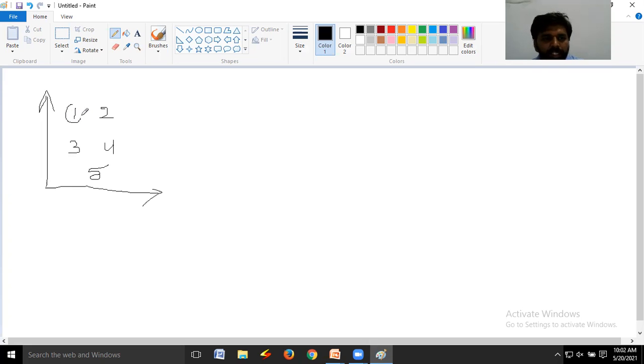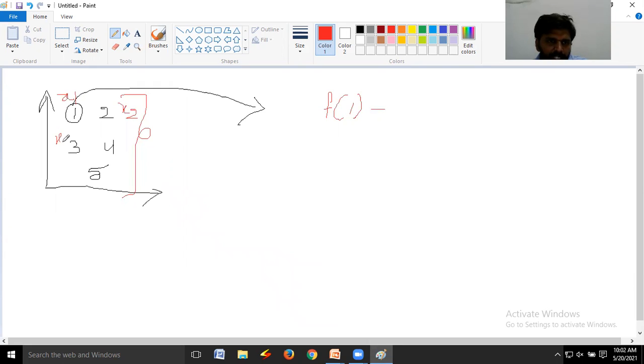Now consider this is the first instance. For this instance, what are we calculating? We are calculating f of 1 minus, here 1 indicates what? X. All these are represented like this: X1, X2, X3, X4, and X5. To generalize this, what are we using? Xi. That's why I'm explaining it like this. Xi.